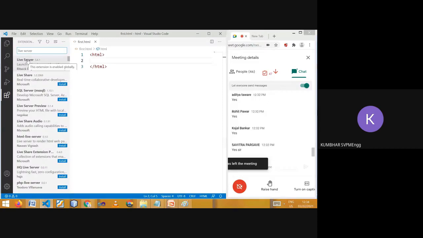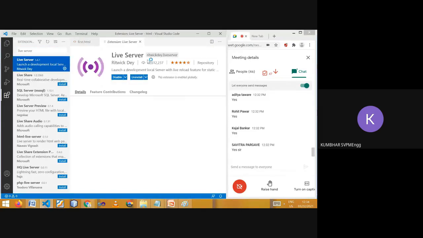So there is no install button. But when you do this for the first time, you will get an install button like this. Install it, but make sure your internet connection is on. Then Live Server will be installed. This is the server we are going to use. Here is the button for disable and enable if you want to stop Live Server. If you don't, then no problem. So we are going to use the Live Server extension.